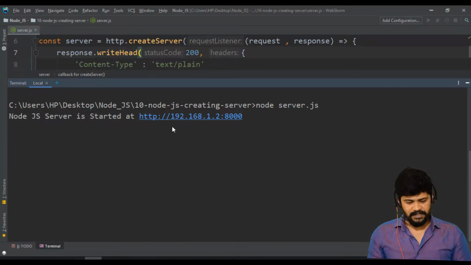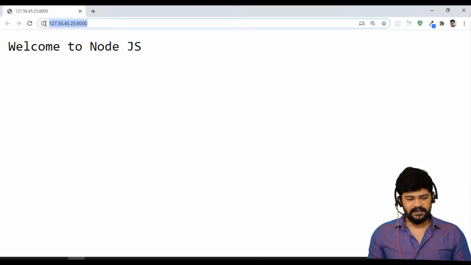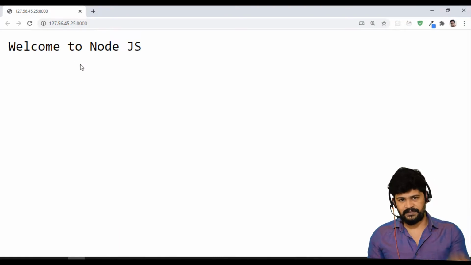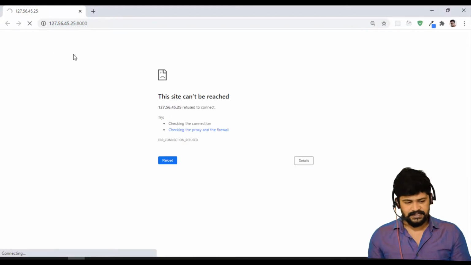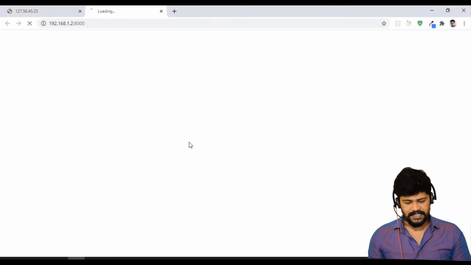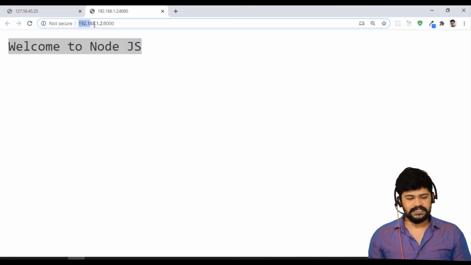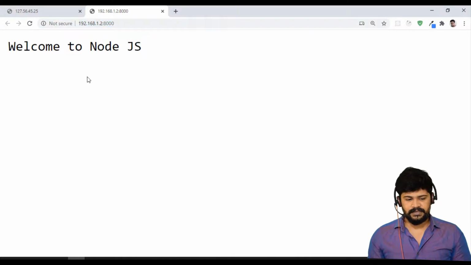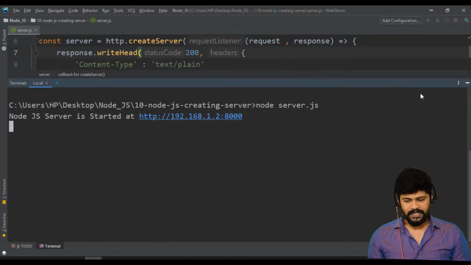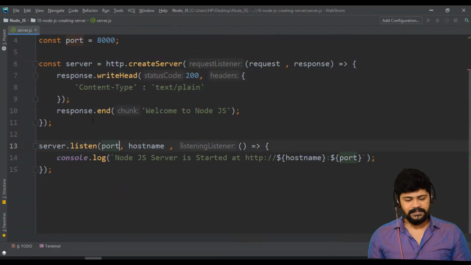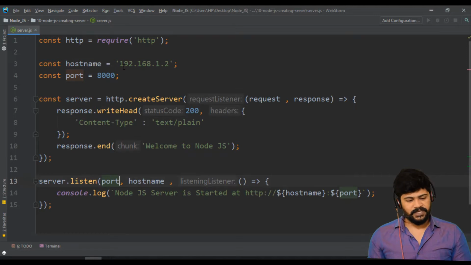So now what about this one? This is not running now. So the address has changed to something else. So when I refresh, you won't get anything because the server has changed its address. Now where is the address? Let's click on this link. See, welcome to Node.js. So 192.168.1.2, and 8000 is the port number, right? So this is my Node.js server. Okay, and the thing here is, you can give any port number.